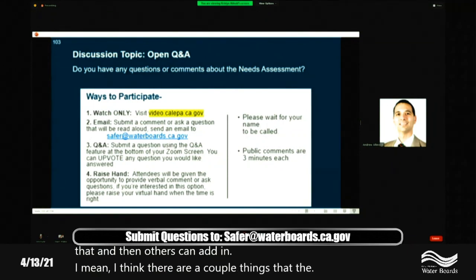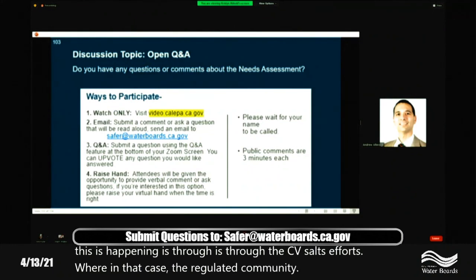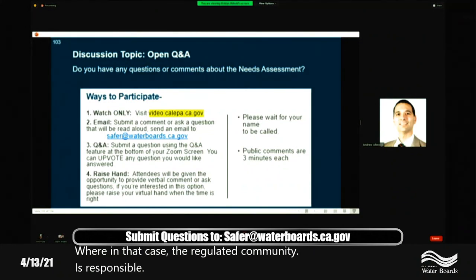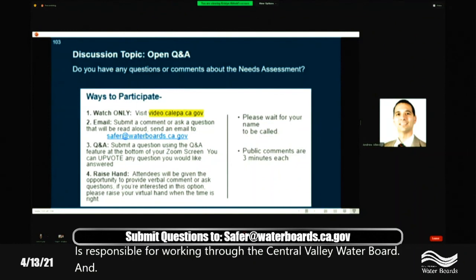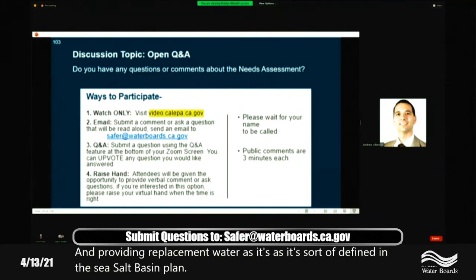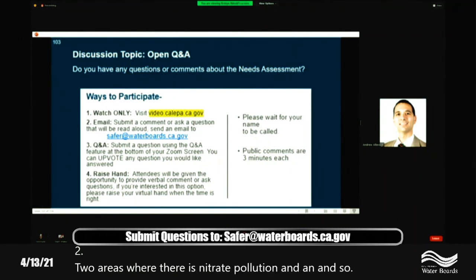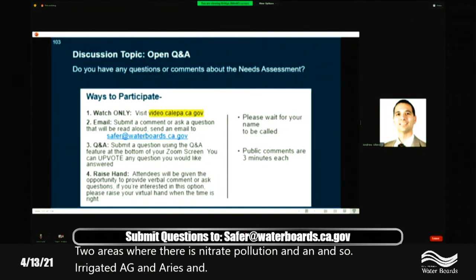The main place that this is happening is through the CV-SALTS efforts, where the regulated community is responsible for working through the Central Valley Water Board and providing replacement water, as it's defined in the CV-SALTS basin plan amendments, to areas where there's nitrate pollution, and so irrigated ag and dairies and other responsible parties are part of that whole